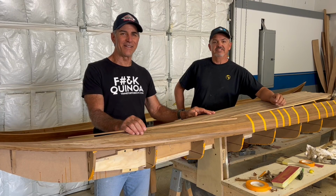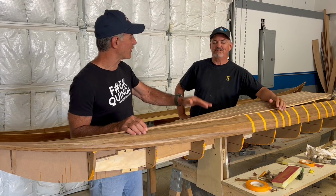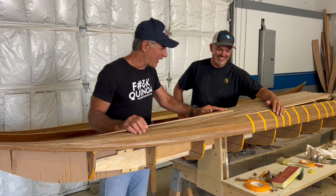Day 19, 148 hours of boat building. That's Joey's shot,